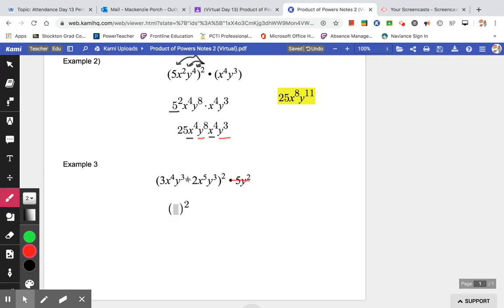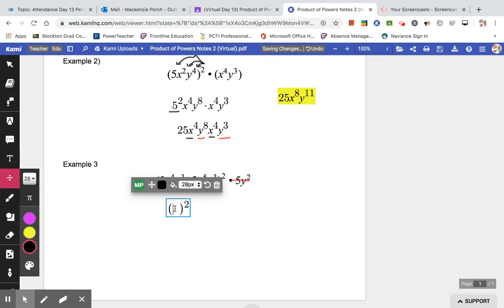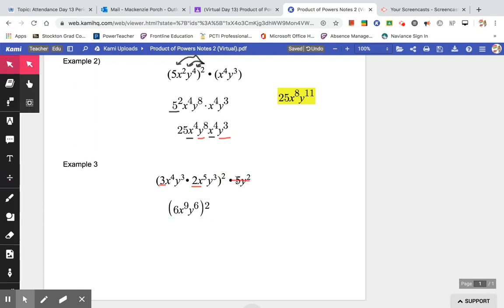inside, we do 3 times 2. When we do 3 times 2, we get 6. Then we are adding the exponents on the x's, so keep the x, add the 4 plus the 5, and we get x to the 9th. We keep the y, and then add the 3 and the 3 on the y, so we get y to the 6th. And that simplifies the inside of the first parenthesis,